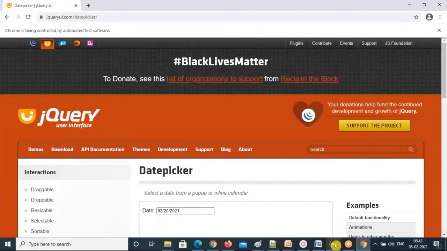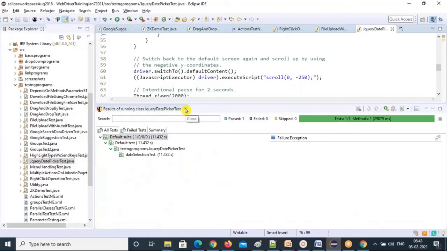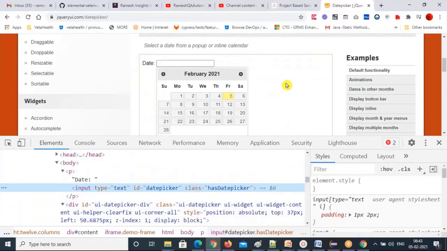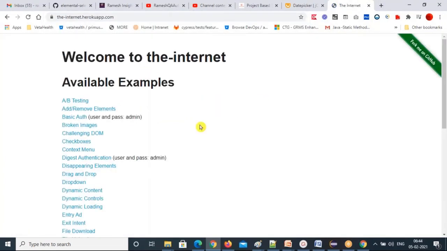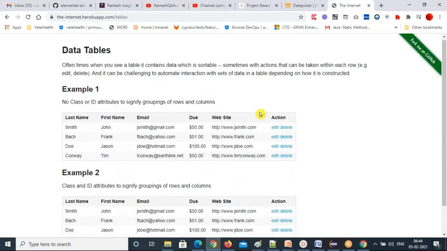And that's it, we covered pretty much. Tables also we covered, and even if you get a chance, you try this. I'll give one more example. You just go to the Heroku app and try handling the tables. Same logic we are going to apply. If you're not able to do that, let me know, I'll do that.